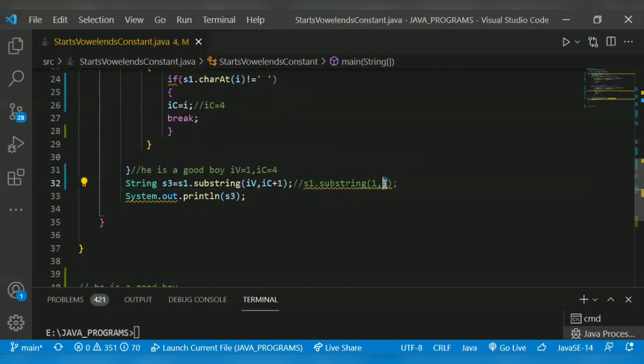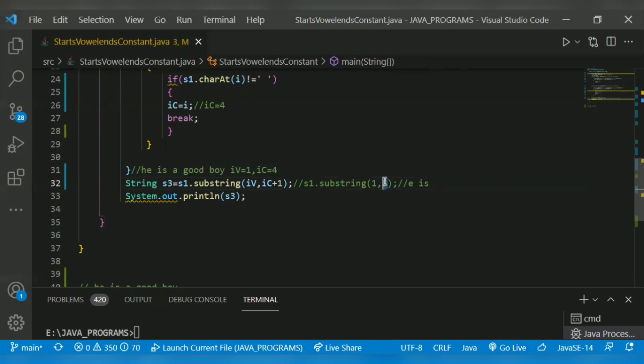So it will print from 1 to 4. What is stored in s3 starts at index 1: E gets included, then index 2, which is a space, gets included, then I, which is at 3, gets included. Then 4, S, gets included. Then 5, as I explained earlier, the last element gets excluded.